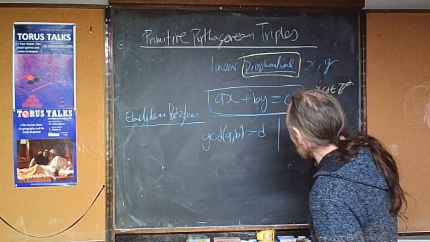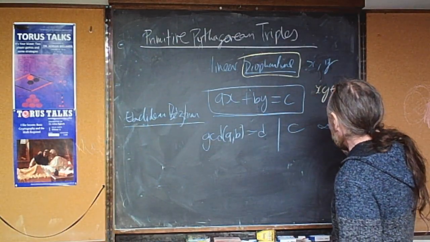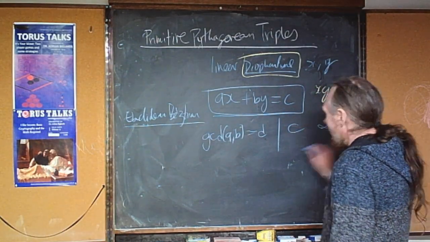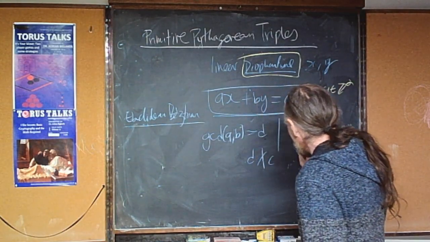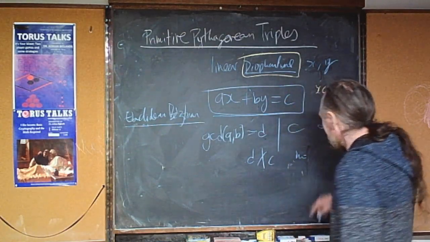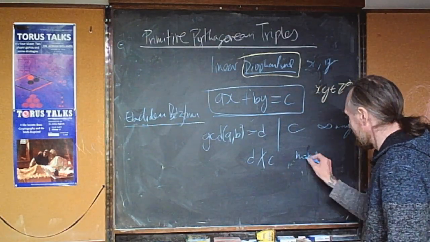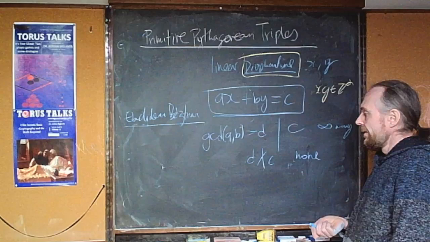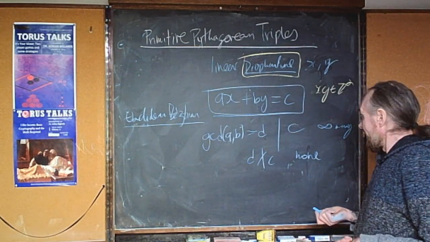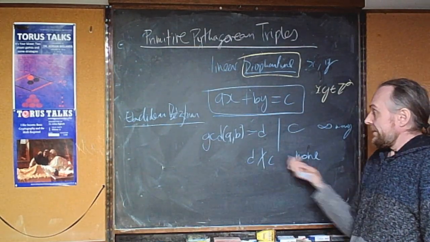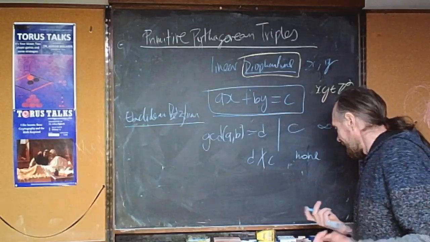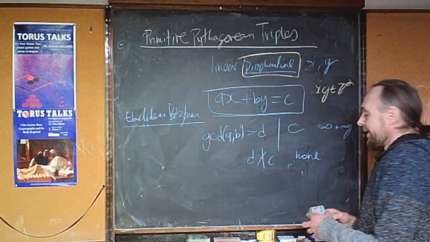If D divides C, there's infinitely many solutions. And if D does not divide C, there are no solutions. None. And so this is sort of the on-off. If you can get that the GCD divides this,